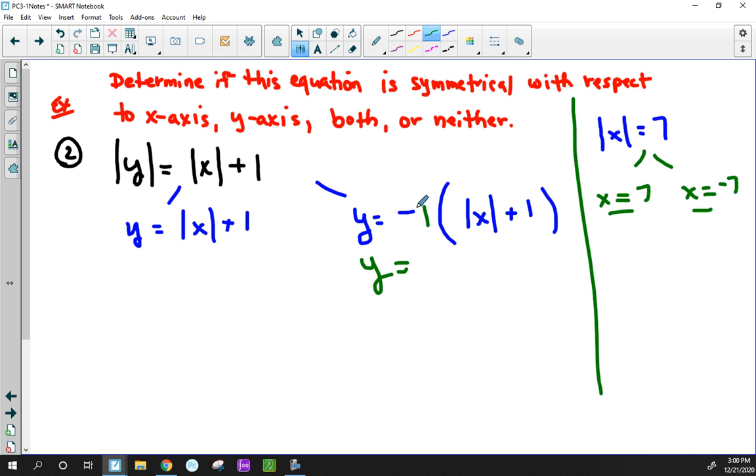Okay, so think of that like a -1. So maybe it'd be better to write it like this, so we can see it better. -1 times 1 is -1. So what we're going to do